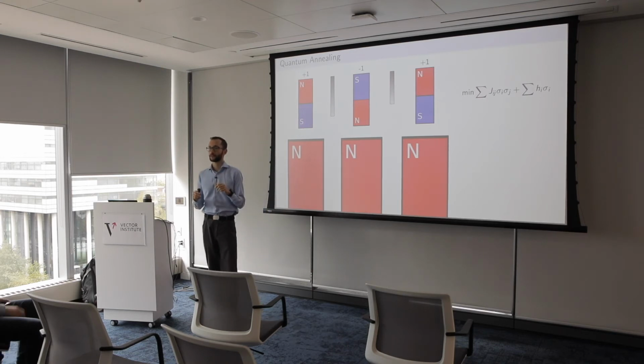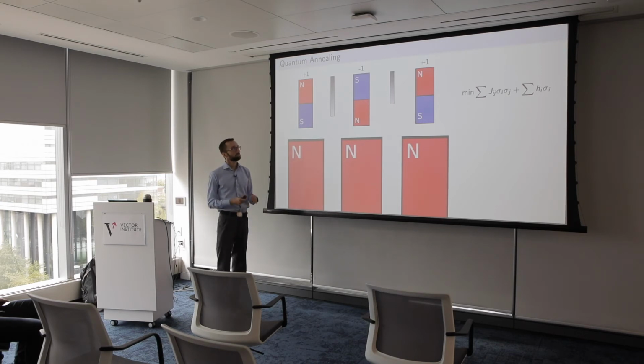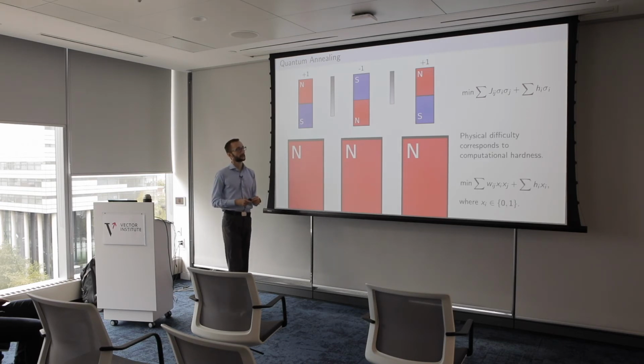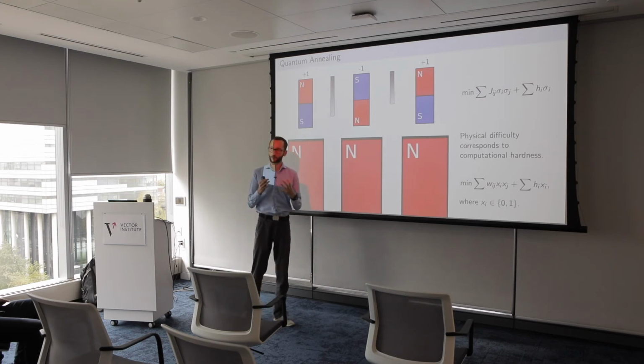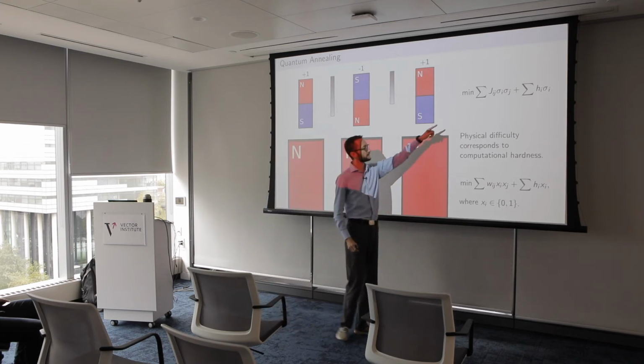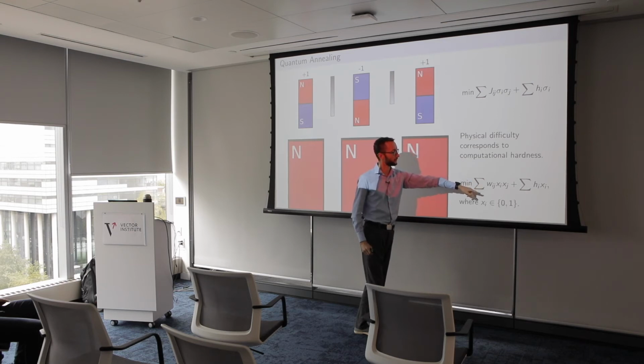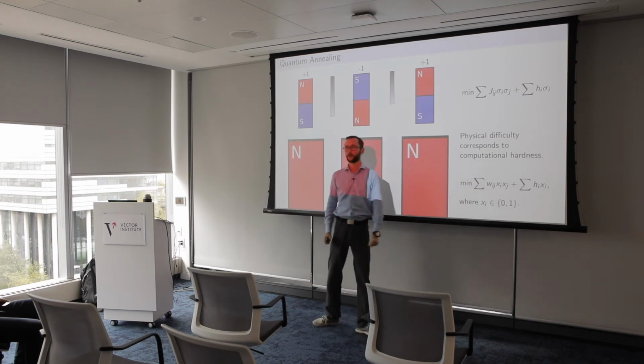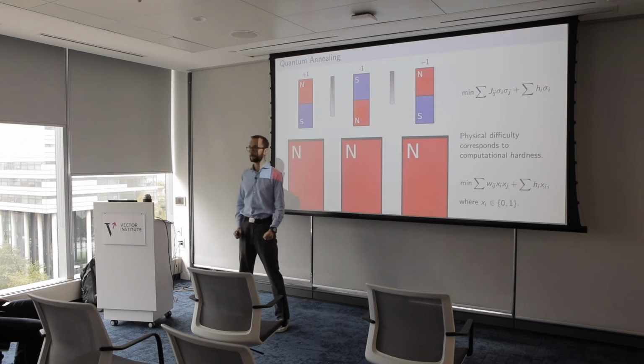And it can happen that nature itself gets stuck in a local optimum. So it's possible that it achieves some low energy solution to this problem. It naturally equilibrates to that state. But there might be a global optimum to this solution, but it doesn't really have a way of getting there, right? And it turns out that if you look at it as a classical computational problem, this is actually the same thing as having variables as zeros and ones, and it's a quadratic unconstrained optimization problem.